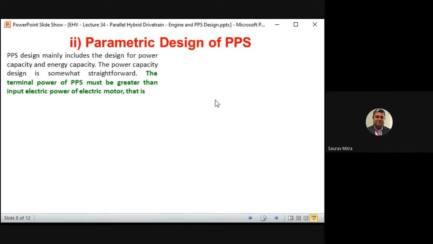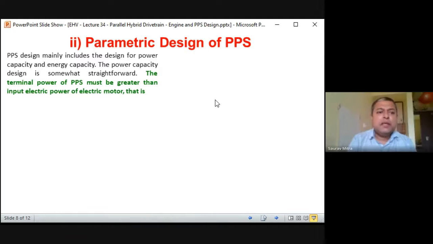It is not there in your question bank, but I have framed this question later on. So series hybrid PPS and parallel hybrid PPS for 5 marks each. So this is a 10-mark question, and that discussion can come here. Series hybrid PPS we have already explained in the previous lectures. This is actually now parallel hybrid PPS. So those who are attending, you write about series hybrid PPS design and parallel hybrid PPS design for 5 and 5, 10 marks.